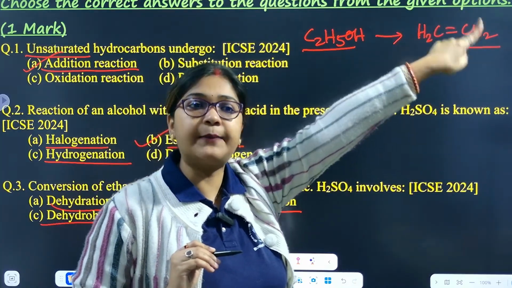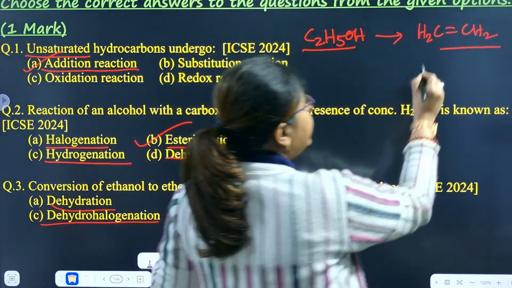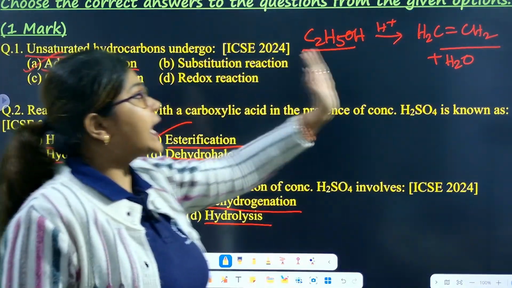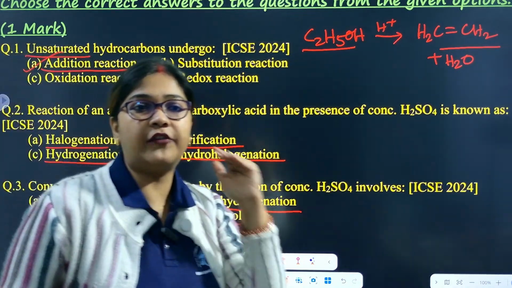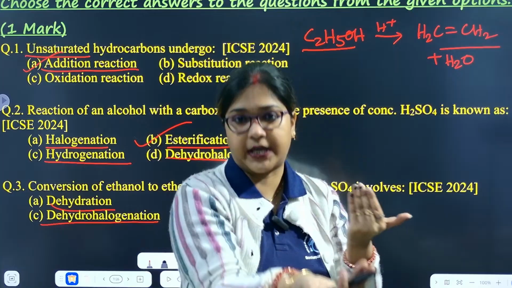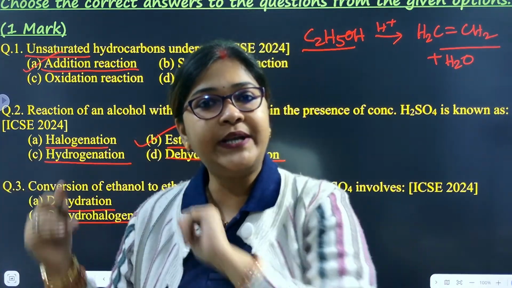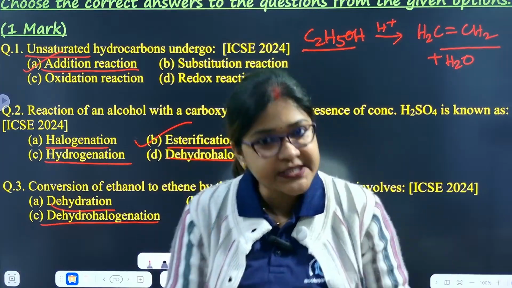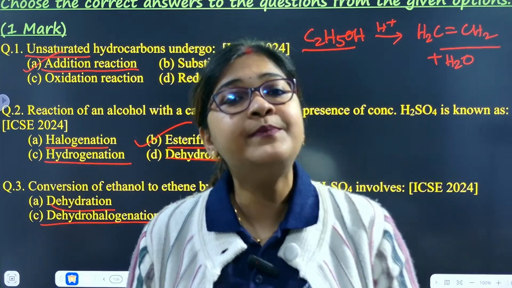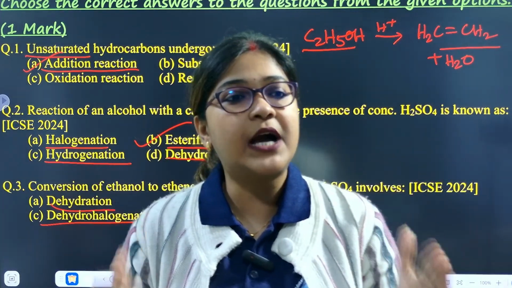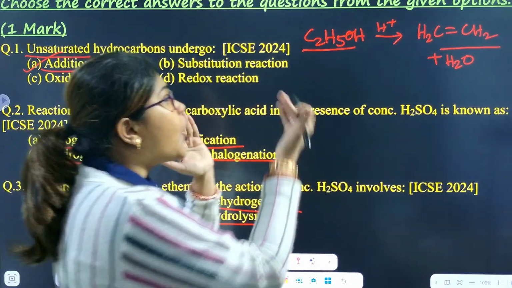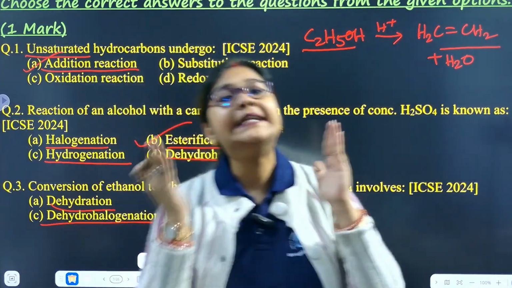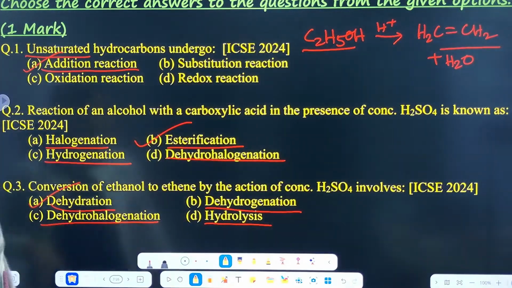Then only you are generating a double bond because the water molecule is being removed in the presence of acid. ये डिहाइड्रेशन, रिमूवल ऑफ वाटर मॉलिक्यूल। अभी विंटर सीजन है, डॉक्टर्स बोलते हैं, प्लीज बी हाइड्रेटेड, दैट मींस पानी पियो, फ्लूइड्स पियो। बॉडी डिहाइड्रेशन हो रहा है, मतलब बॉडी से फ्लूइड चला जा रहा है। इसलिए जब किसी भी कंपाउंड से पानी निकल जाता है, उस प्रोसेस को हम लोग बोलते हैं डिहाइड्रेशन। सो द करेक्ट ऑप्शन विल बी डिहाइड्रेशन।